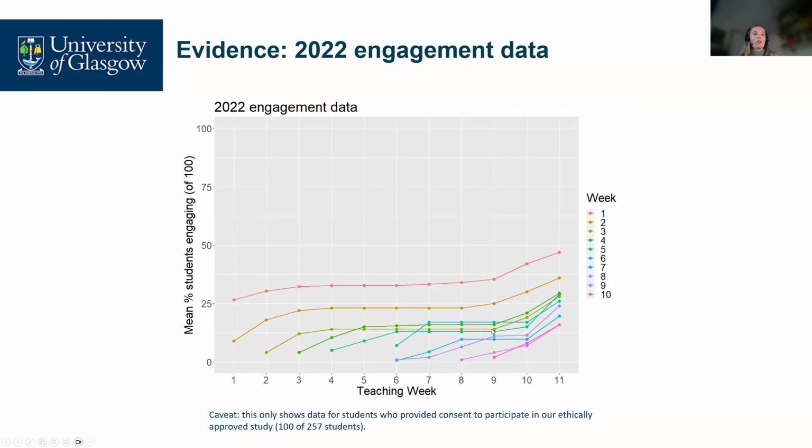Low engagement in classrooms is not something that's unique to Glasgow. I'm sure you're all battling with it in your own institutions. But even I was quite shocked by this. You're thinking at the start of the course, these are all students generally straight from school. You would think there would be a little bit of excitement and people wanting to be engaged and active in their learning. But even right at the start, most people just weren't even bothering to do what we were asking them to do.